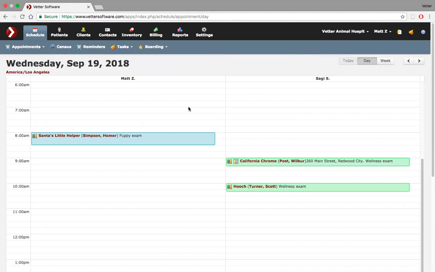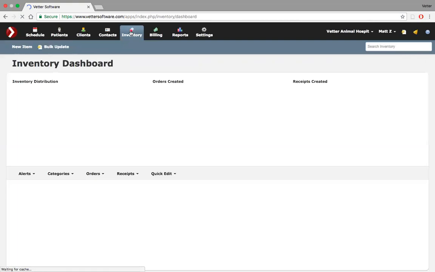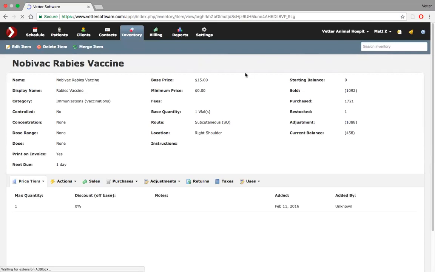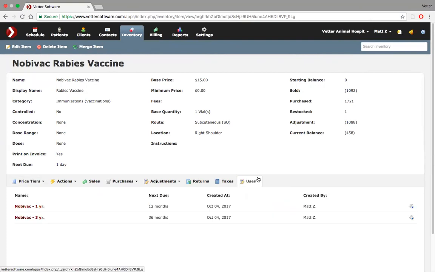Okay, so let me go to my inventory here and show you what I'm talking about. And I'm going to pull up an item. Let's pull up a rabies vaccine. I'm going to pull up my Novivac rabies vaccine. Okay. So I'm going to peek here really quickly, make sure I have my uses down. Beautiful. So in Vetter,